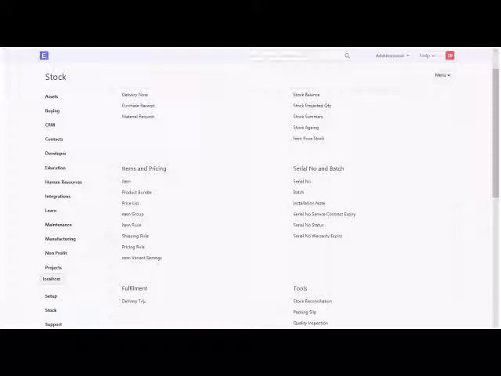No, it supports weighted average, it supports FIFO. Okay, so at what cost will the items be transferred to the other company? On the landed cost, last purchase price. Okay, now the other follow-up question is this: if I create an intercompany purchase order in company A,